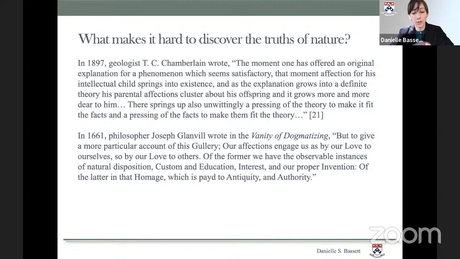So what Joseph is talking about in this part of the book is that we put a lot of emphasis, a lot of respect on the theories that have been created in antiquity or by people who are of authority, and often we assign too much truth to them when there may not be.